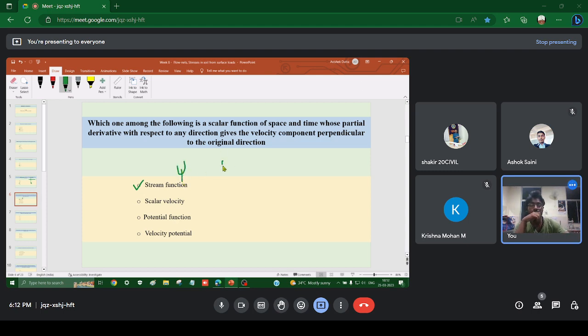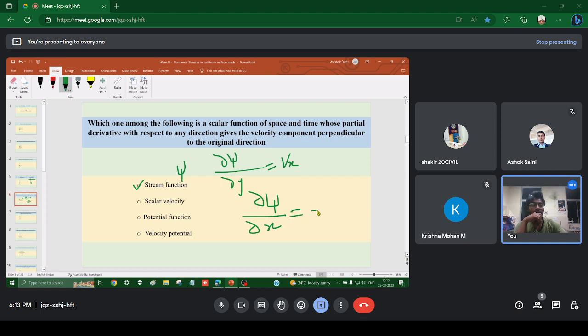If we partially differentiate xi with respect to y, we will get, as per soil mechanics, velocity in the x direction. And if we differentiate xi with respect to x, we'll get velocity in the